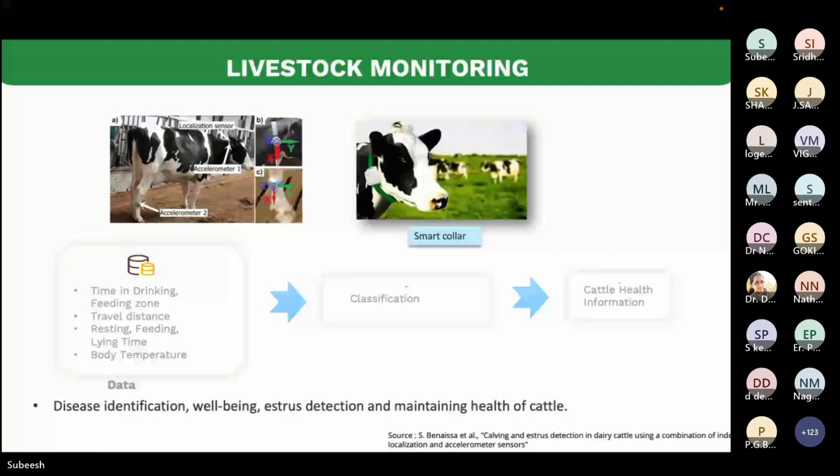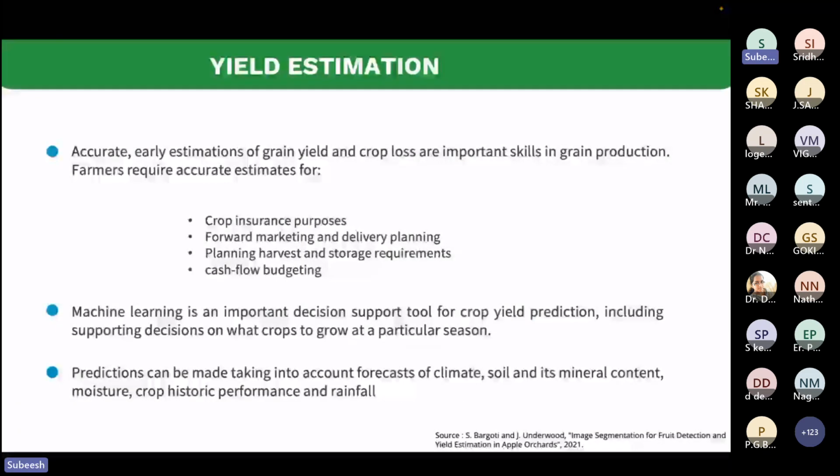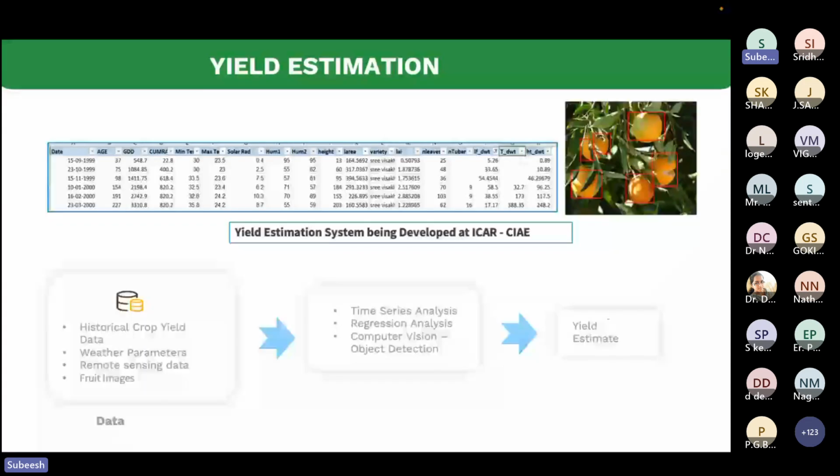Again, yield estimation. Accurate estimation of yield is very important because it helps with packing and storage capabilities. The farmers have to plan for their post harvest activities, and for that yield estimation is very important. With machine learning, you can do crop yield estimation based on historic data, and nowadays computer vision is also used for detection, drone based imaging, and then detection and counting. And even with segmentation, you can get the size of the fruits as well, and you can calculate the complete yield from orchards. So basically computer vision is used for orchard based crops.